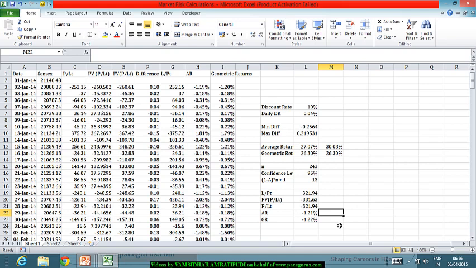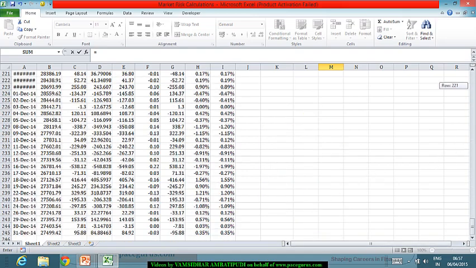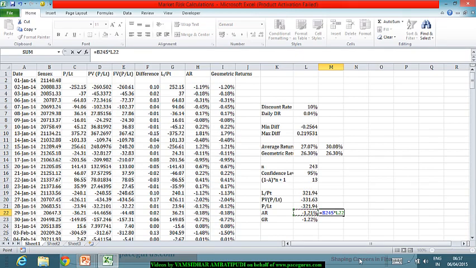This is an arithmetic return, which means I could take the price of the last period and multiply it with this, which will give me that the 95% confidence level for the value at risk using the arithmetic return approach is around